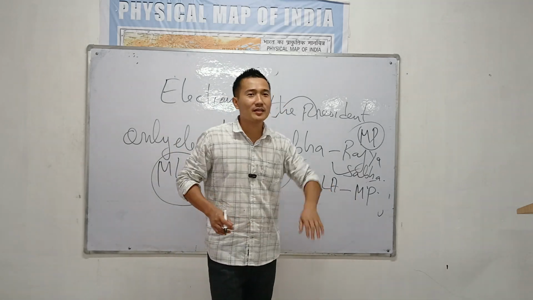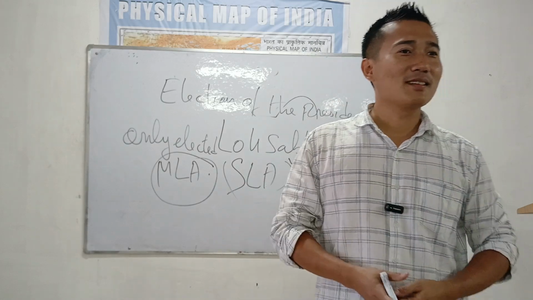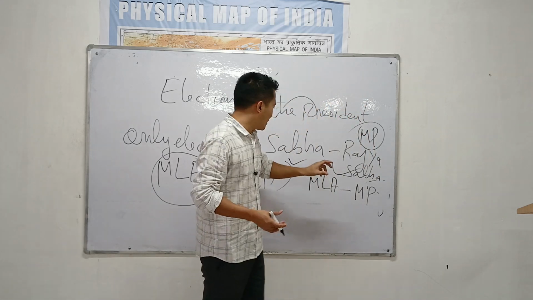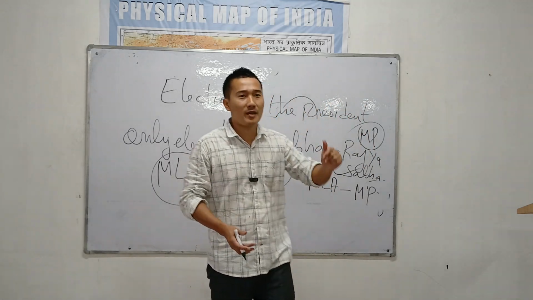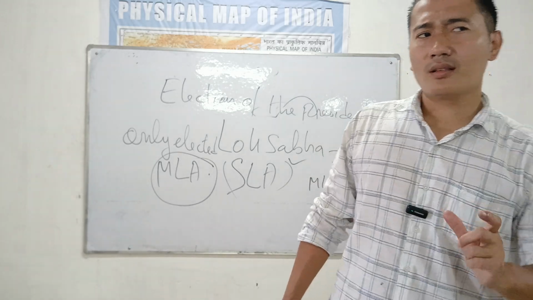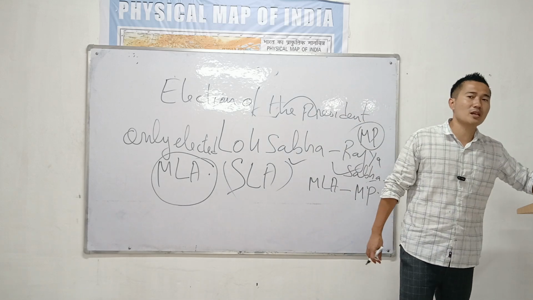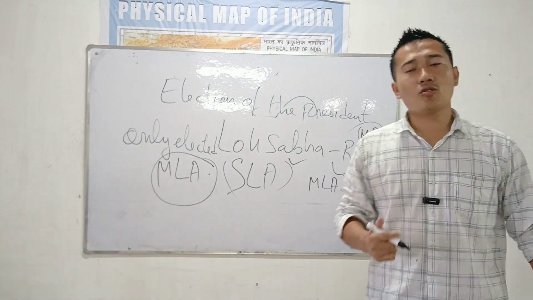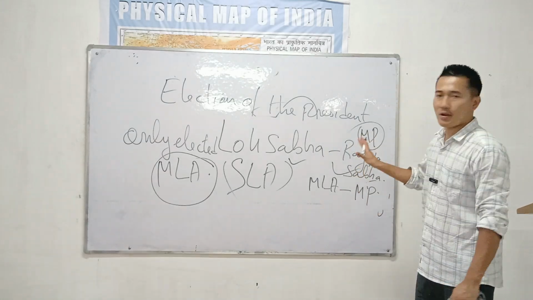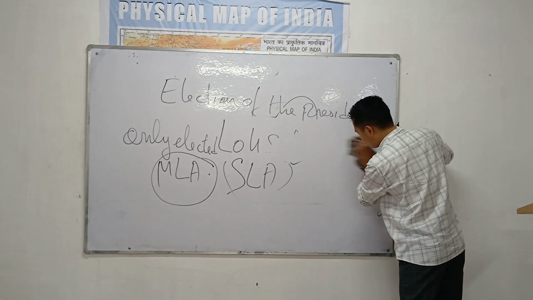But for an MLA, approximately how much? For a constituency, take the example of Kohima town, might be only 10,000. So the value of the vote of an MP is always greater than the value of the vote of an MLA. Just remember that. That's all. That is too important. So sometimes it will be asked. So just remember, just use your logic. In polity, you have to use your logic. It is conceptual understanding, not memorization. You can't memorize this. So see, this is all about the election system.